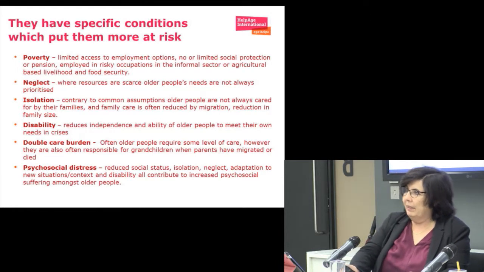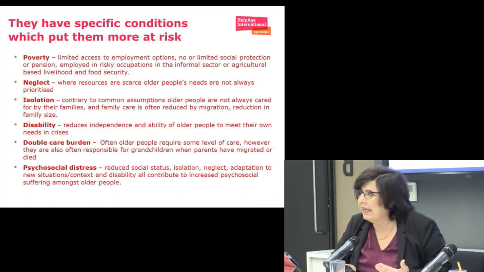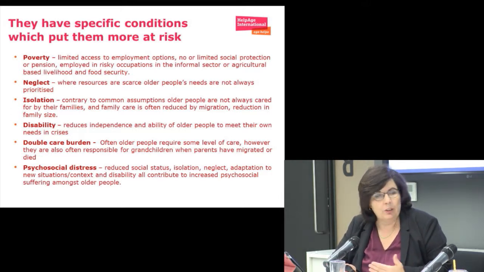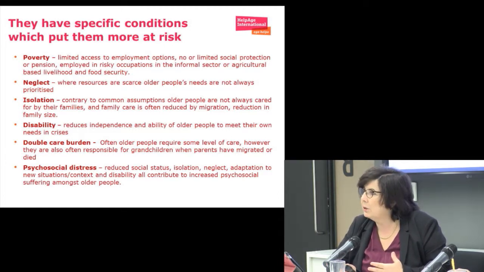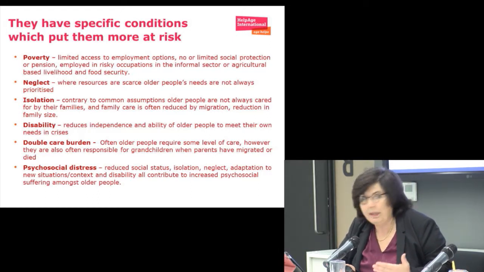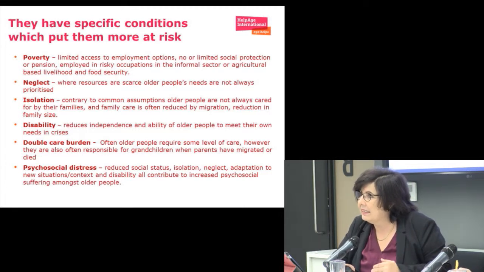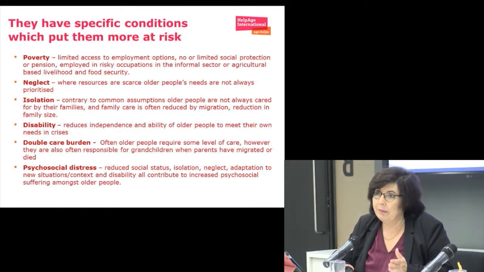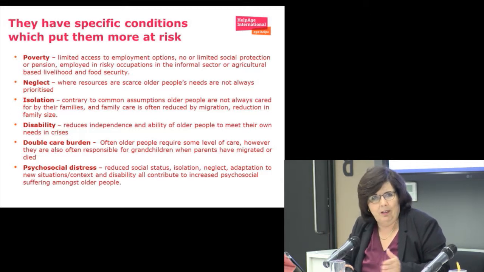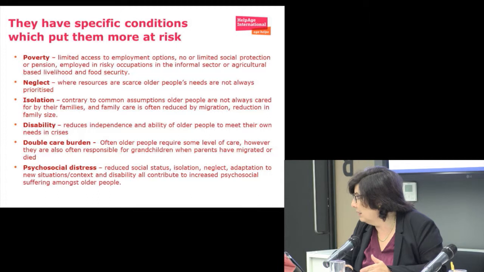And perhaps because the vulnerability of older people is not fully understood or considered, and there are different elements to it. There is a poverty element, which doesn't affect only older people, but there are additional vulnerabilities in old age, especially in places where there are no pensions or no system to protect people in later life. Neglect, isolation, disability, double care burden, as many older people in contexts where we respond often have the responsibility of looking after children and grandchildren or other older people, spouses, as well as needing care themselves.